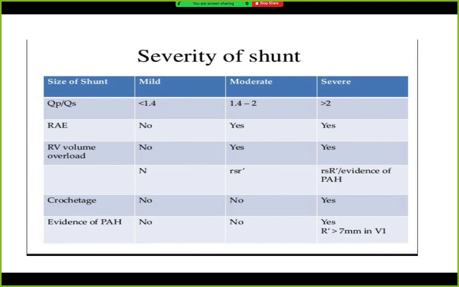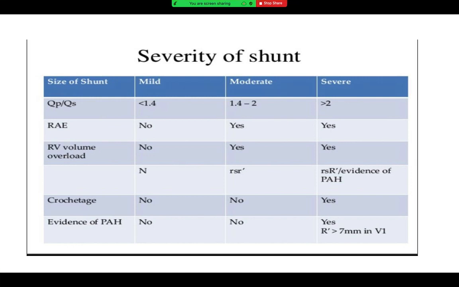And then similarly the croquetage sign will be, as I had said, more of a severe sign. And isn't that the reason as well, as I had said? What do we notice during the croquetage sign will be the fragmented QRS, especially in the